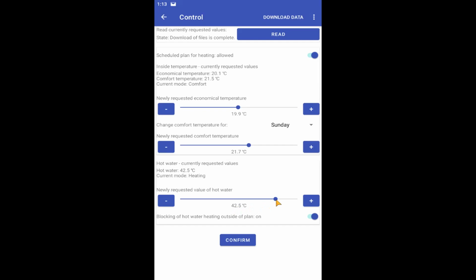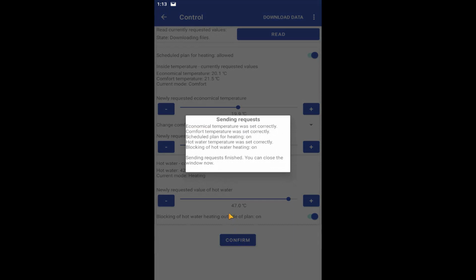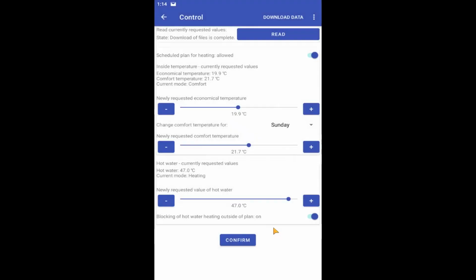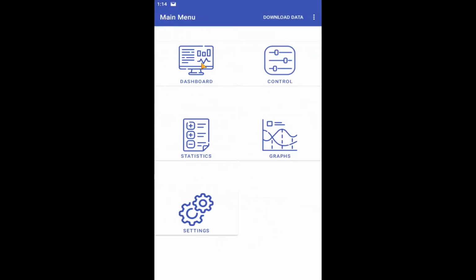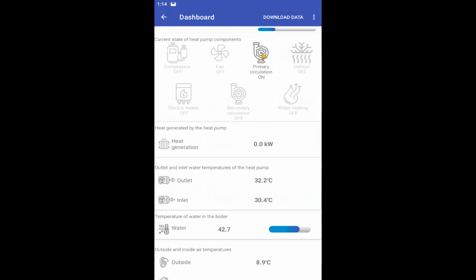And the next value is the value of heating the hot utility water. As I said, I turn on the pump, meaning I set the temperature here so that the pump starts heating the hot utility water, and I confirm the values I set here. When I receive a message that everything is set correctly, we can see that the pump actually starts performing some activity. And in that overview, we see that the primary circuit pump has already started for us, which starts circulating.